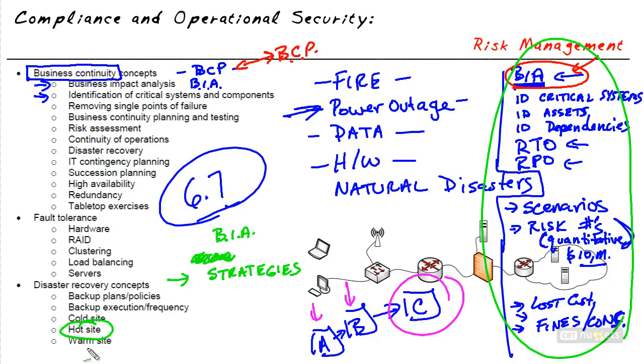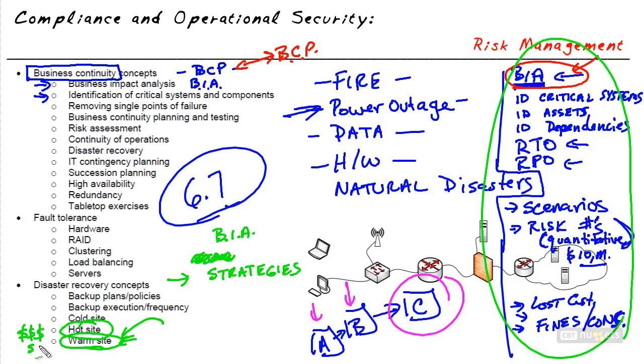So another strategy might be a warm site. Now with a warm site, we don't have all of our live production data coursing through the veins of this backup alternate site. With a warm site, we do have computers at that location, and we very likely have the network infrastructure ready to go. But in the event of a disaster, we would go ahead and take our backups and restore the backups to the gear and the systems at the warm site. We would move our personnel to that warm site and then be up and running. Now, a warm site is slightly less expensive than a hot site. And the negative of a warm site, it takes longer to get a warm site up and running and in production than it would a hot site. So the hot site is the most money. I'll put $3 symbols there.